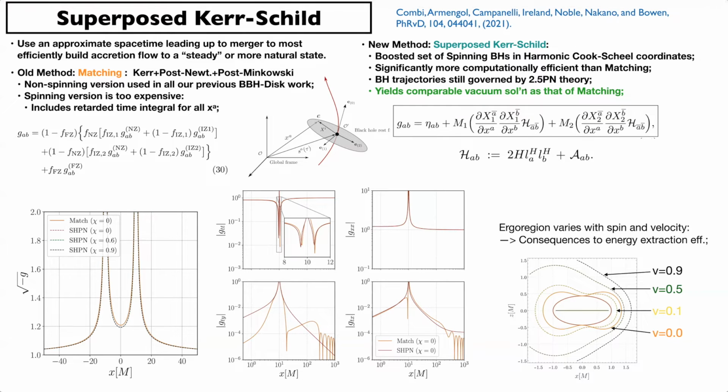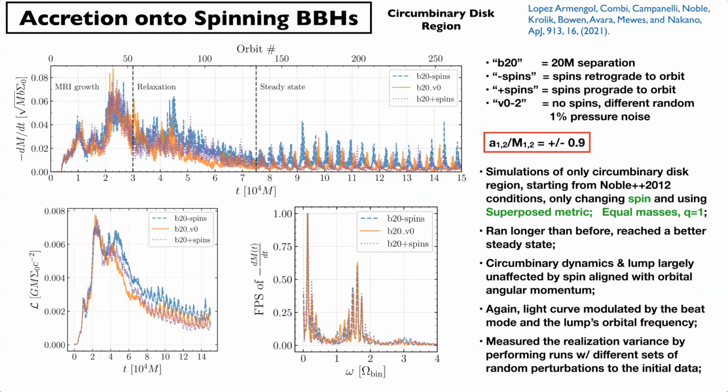So we developed the superposed Kerr-Schild system, which is two Kerr-Schild solutions added together. We find that it produces a vacuum spacetime pretty accurately, especially compared to the matched spacetime. So this is a faster means of